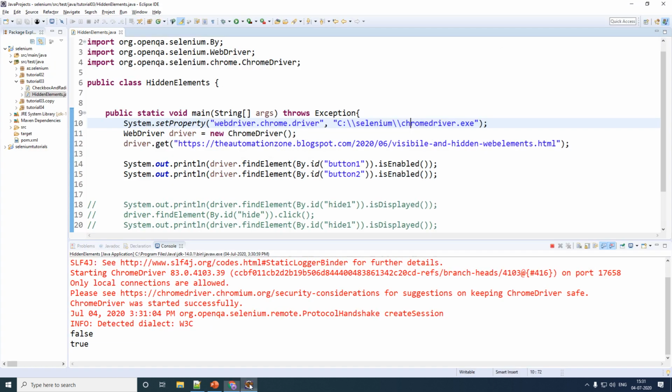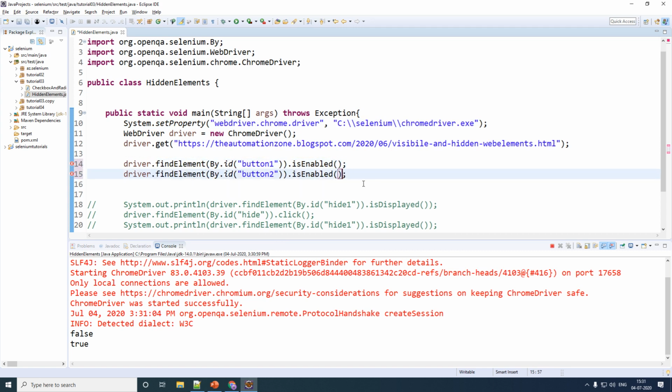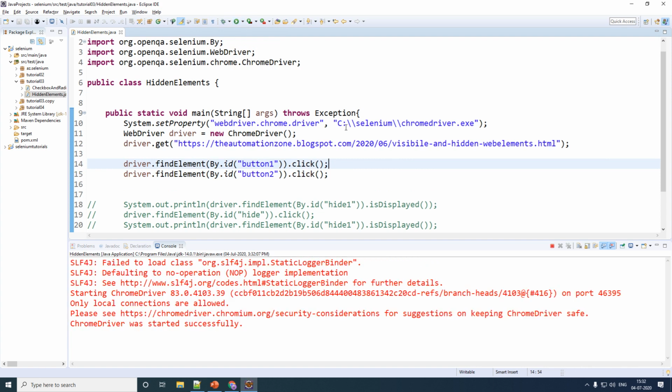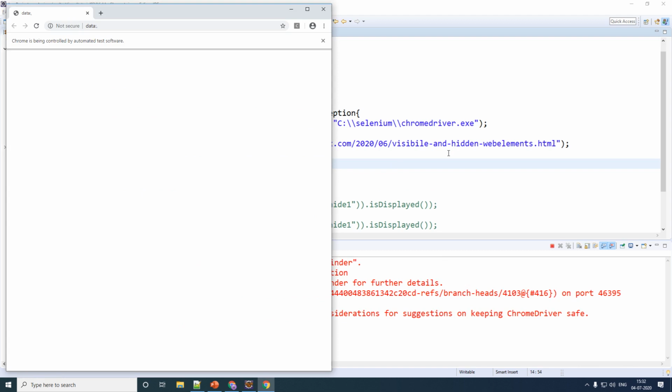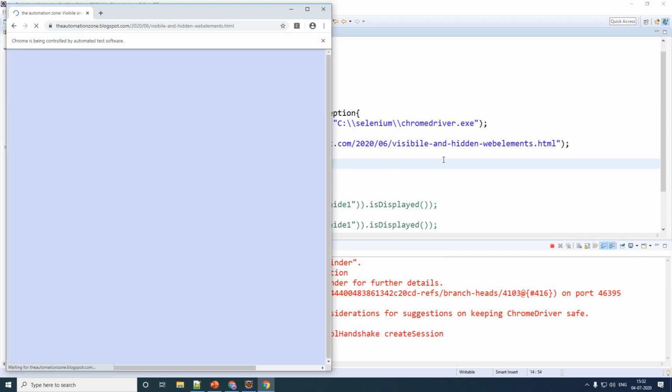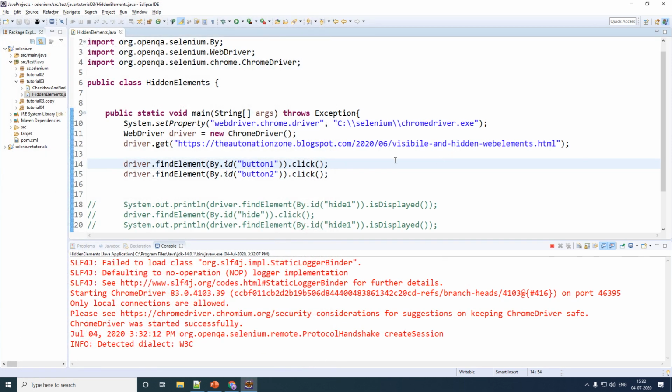So to prove my point, what I'll do here is let me remove these print commands here, and let me perform the click operation on both. So click and click. Let me save and run this, and upon executing you will see that it does not throw you any error. Here we go, there were no errors whatsoever, and this is pretty risky when you're performing automation for testing because you might miss bugs.